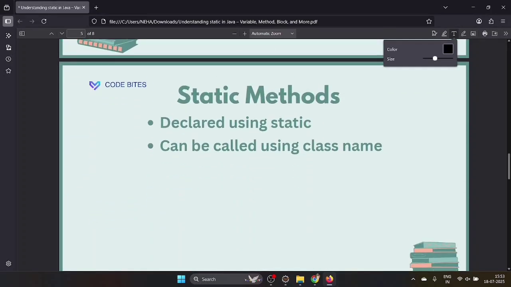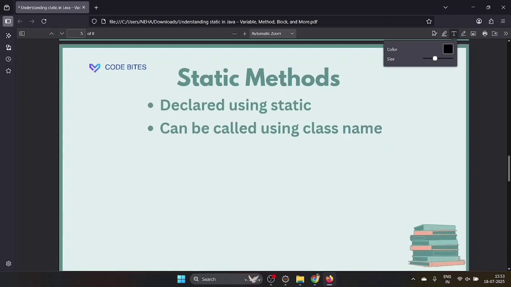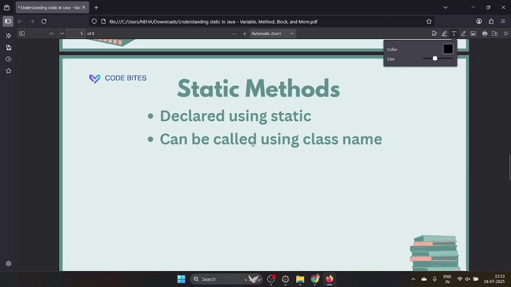And static methods. Static methods means inside a static method we are putting some logic that is common for all the objects. We put the common logic inside one method and make it static, so it belongs to the class, and you can use that logic for all the objects. No need to write the code again. Normally we write a method like that, but we make use of the static keyword. I'm going to explain one example.